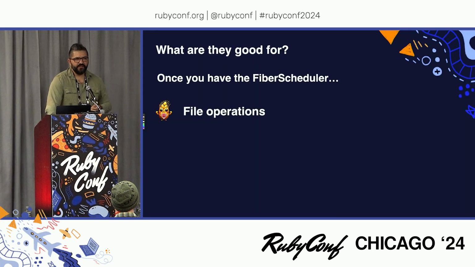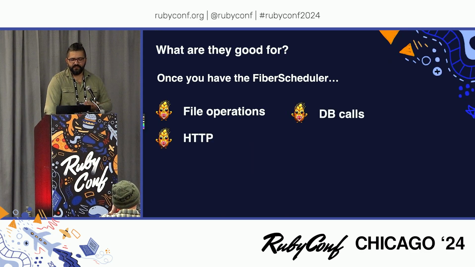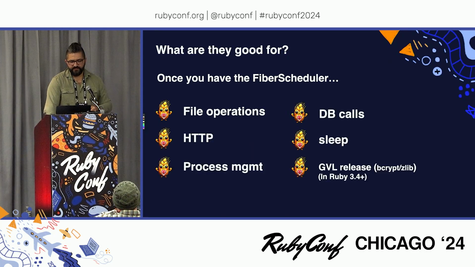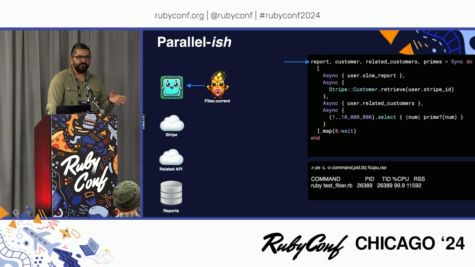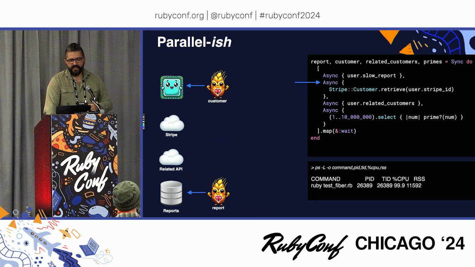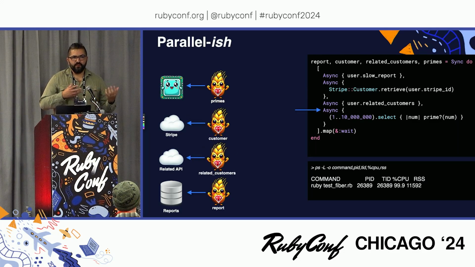So once you have the fiber scheduler, they're good for a bunch more stuff, but at that point they still just kind of look like threads. Each operation becomes a part of the event loop in this case, instead of being put to the OS in parallel. I'll go through the same kind of parallel-ish example, because they get that parallel-ish functionality again once they have the fiber scheduler. So we do async here, and the difference when we're doing these async calls is they actually automatically go into the background. And so we've got these background processes. They're being put into the Reactor and handled for us, and we can still do our useless calculation of prime numbers. This all seems